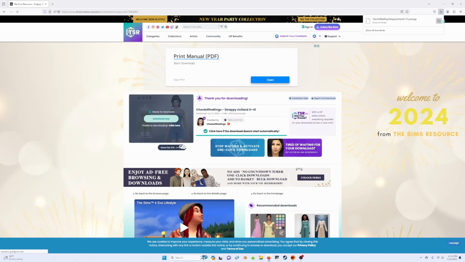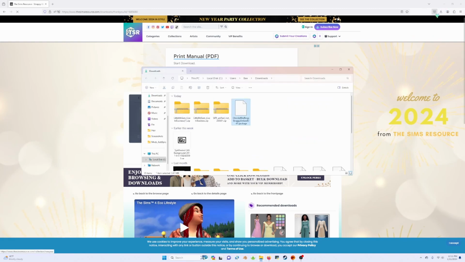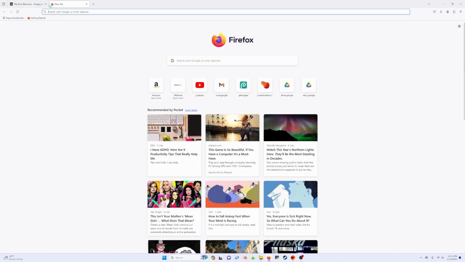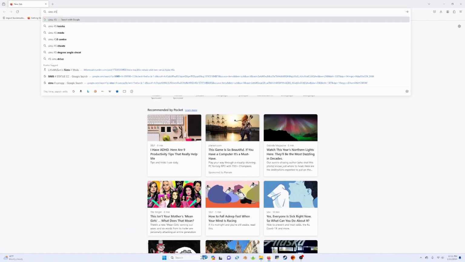There's going to be a little downloads tab, and that's how you know it's downloading. And if that doesn't pop up, you can always go to downloads, and then it should be here. Perfect. So we've got custom content, and we're going to do Sims 4